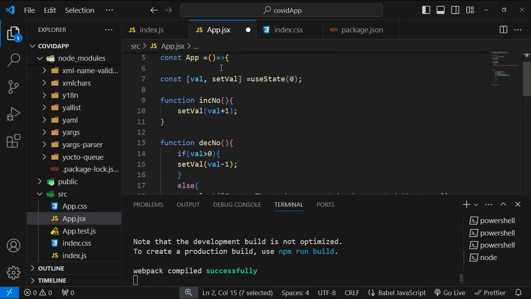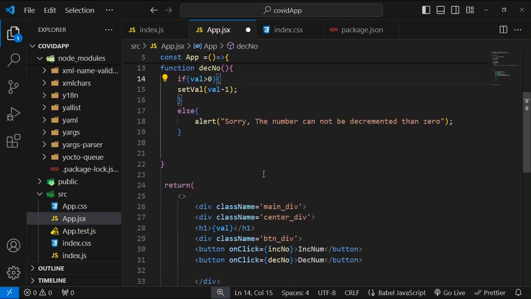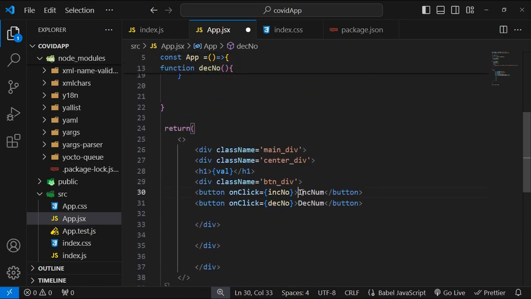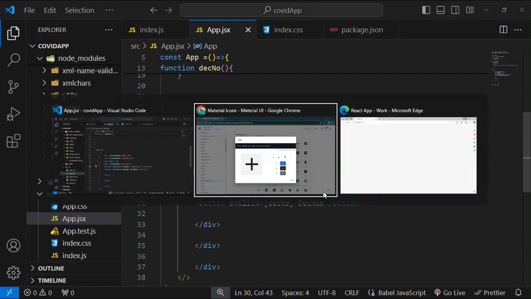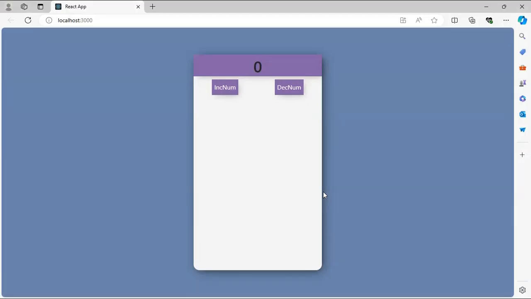Control C, and I am just going to minimize that terminal. Control J. Now this is minimized, and instead of the text we have to use icons now, and here we have to write a self-closing tag. Control S, and whenever I move to my browser,